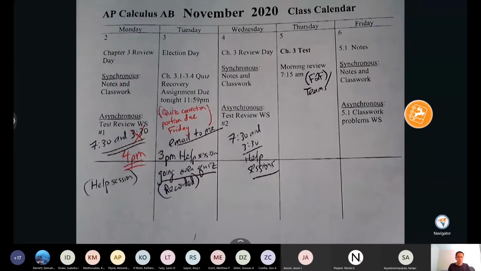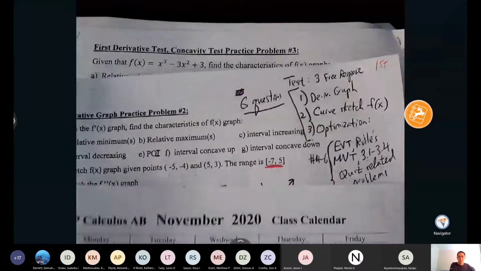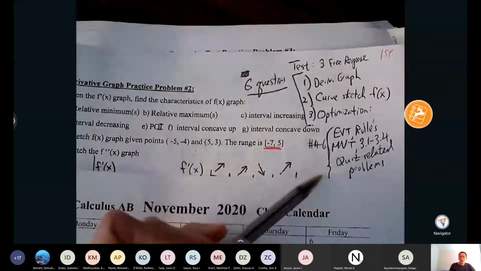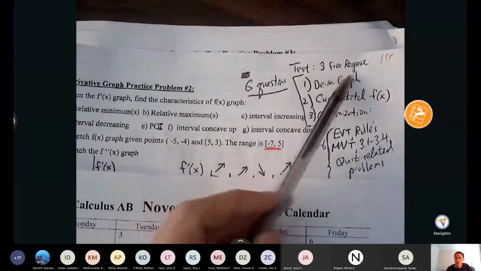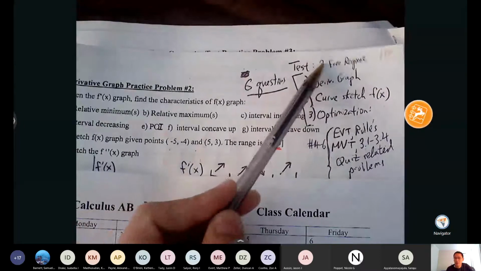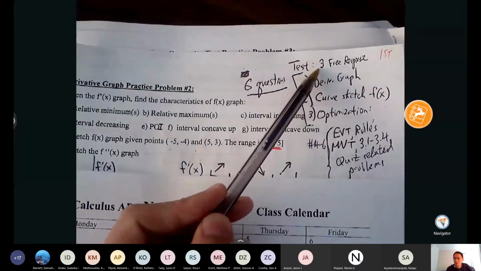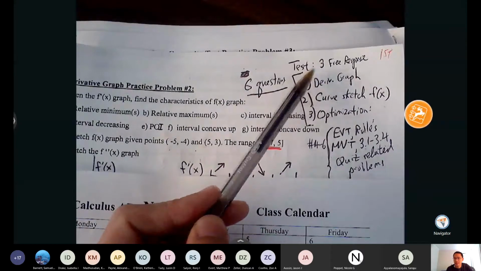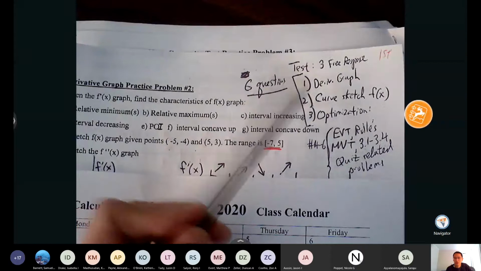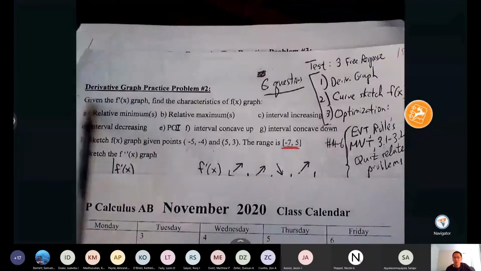So I do want to give you an idea as to what the test will be like and the focus of the test. The test is going to be 6 questions. There are going to be 3 free response, extended problems, and we're going to be focusing on those big topics today in class. On the test, you'll see a derivative graph problem, which is similar to the one that we're going to be doing